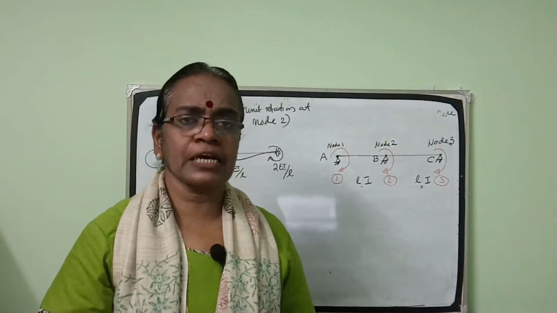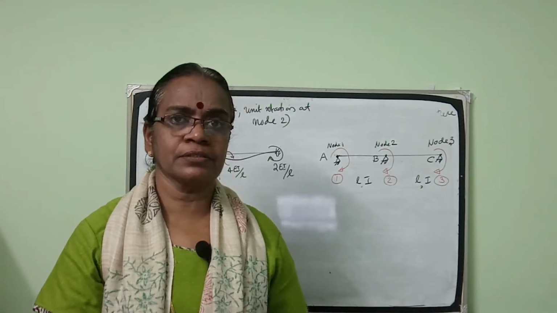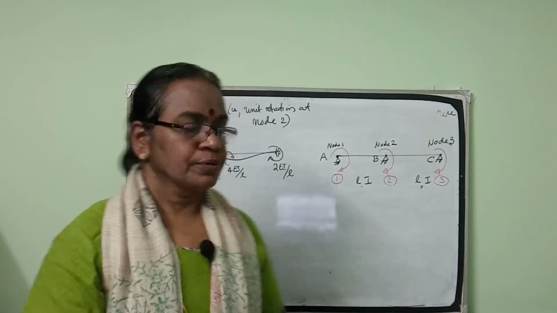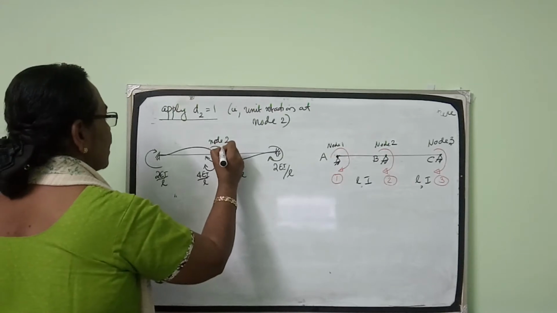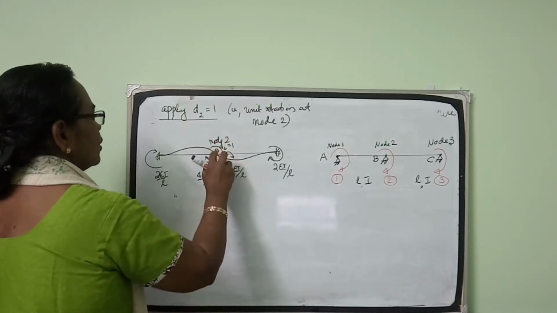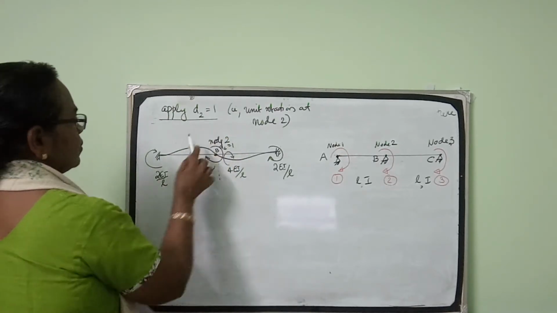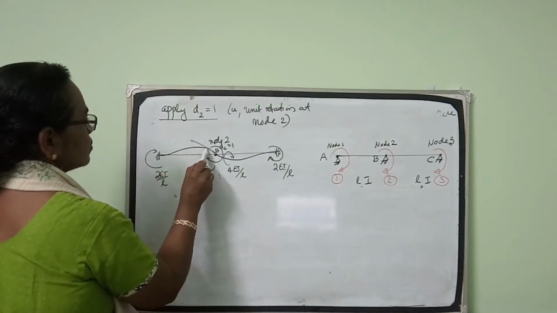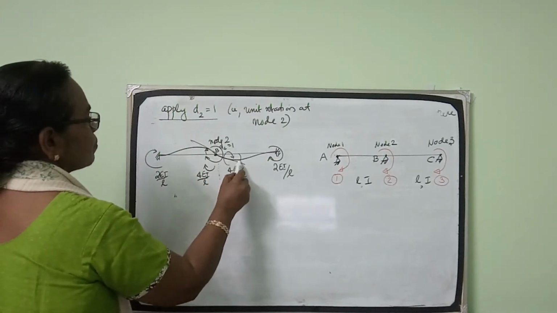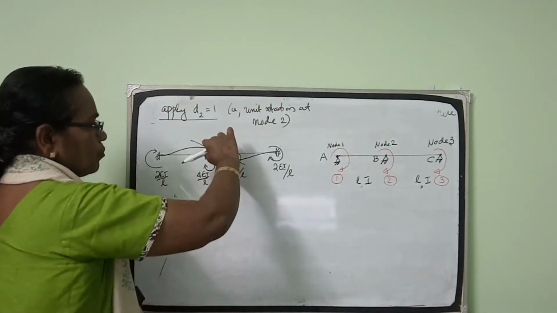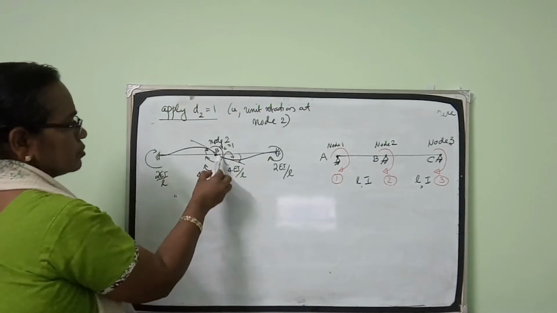Okay, now to form the second column of the stiffness matrix, we apply unit displacement in coordinate direction 2. That is, we apply unit rotation D2 in node 2. We apply D2 is equal to 1. Give unit rotation here, so it is clockwise. This beam will go up. Here also, when we give clockwise, this will rotate like this. So this is the deflected shape. When we give unit rotation at this point, with reference to this, it goes up. Here also clockwise, this comes down.